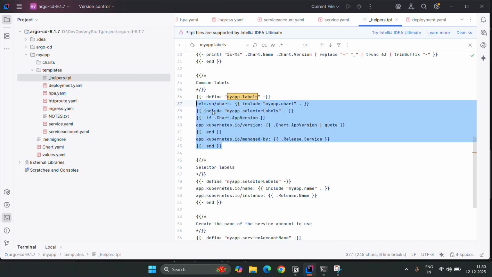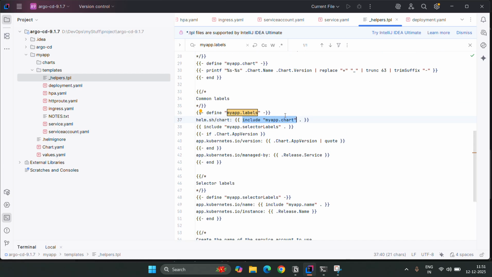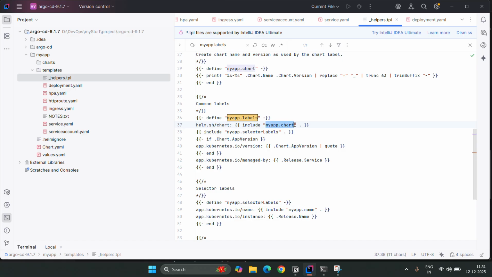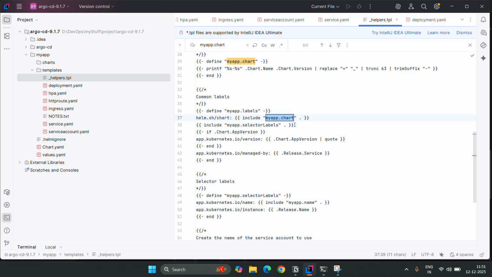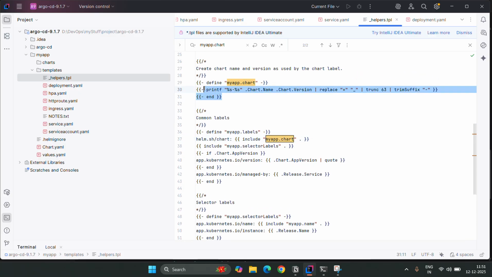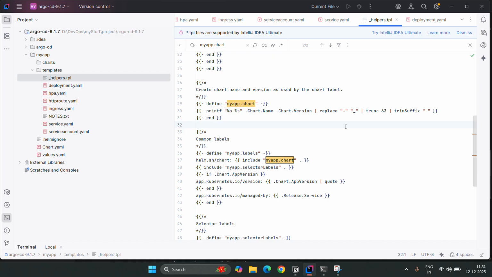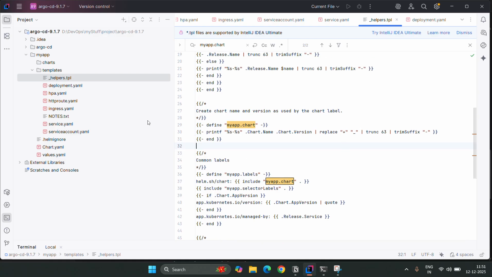So it's going to add a label helm.sh/chart, and then it will include the mychart.name. So this is again going to reference another function in this file. If I do control-click, this is where the function is defined. So this defines that it will include the chart name, and then truncate it to a maximum of 63 characters due to some limitations, and then it will generate the chart name which will be placed here. So this way,